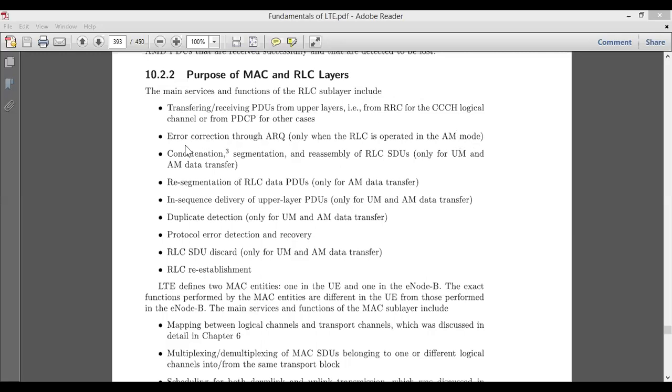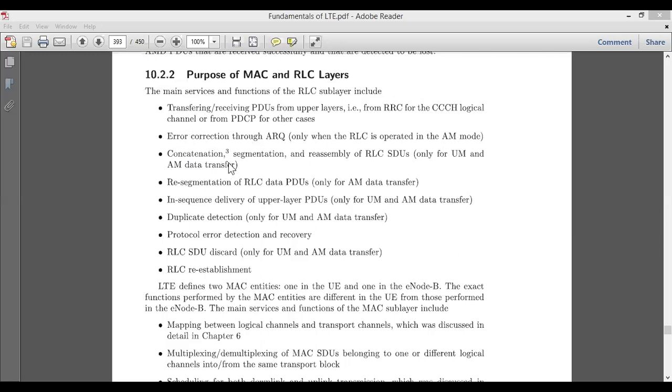If you find any error in the received bits, it will request the transmitter for retransmission. Based on that acknowledgement, the error can be minimized or removed.